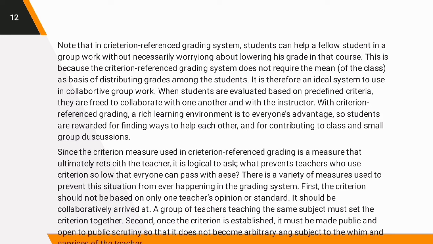Second, once the criterion is established, it must be made public and open to public scrutiny so that it does not become arbitrary and subject to the whim and